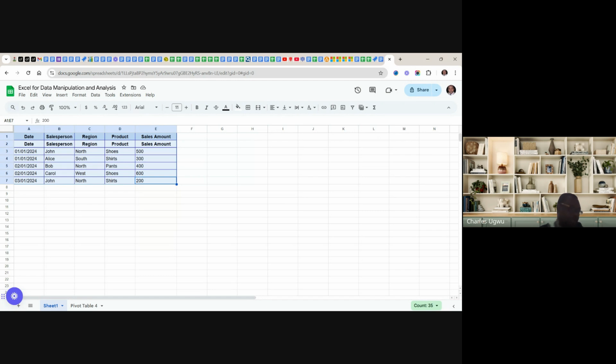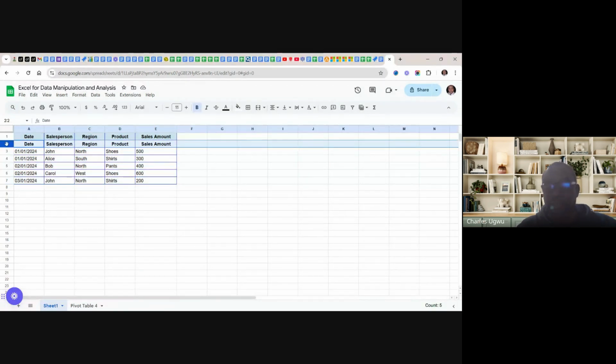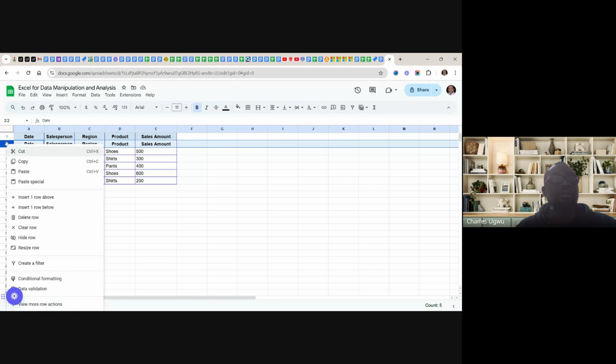So that is why data cleaning is good. You see the importance of data cleaning? That is the importance of data cleaning. So all we need to do is we delete this and we should be able to